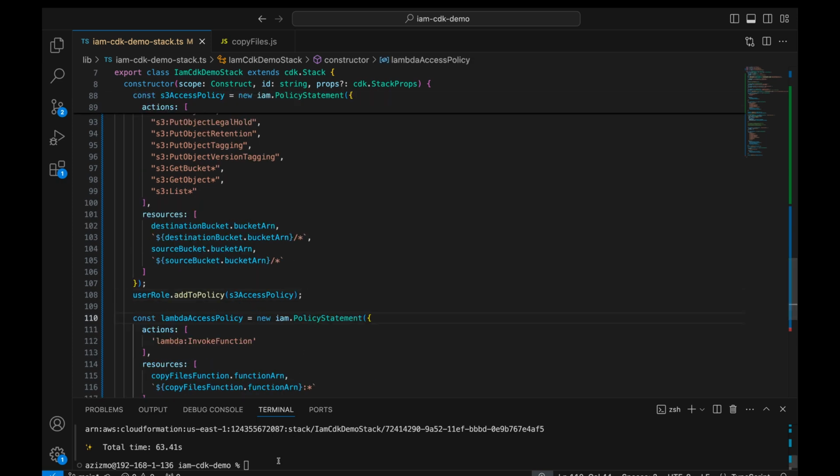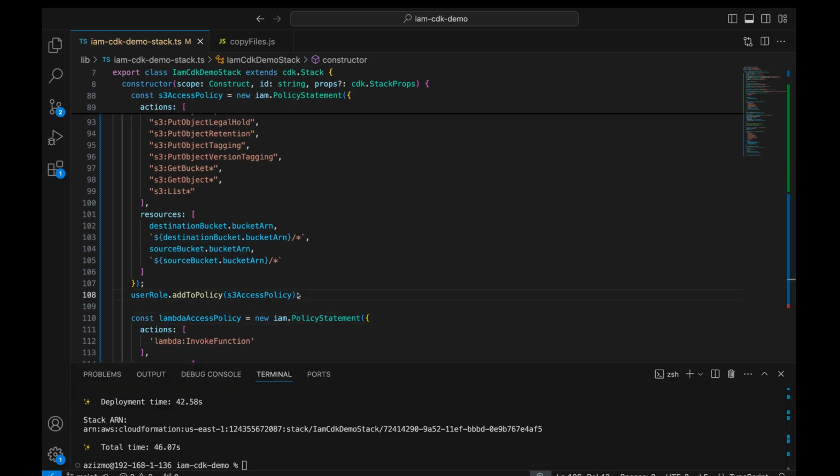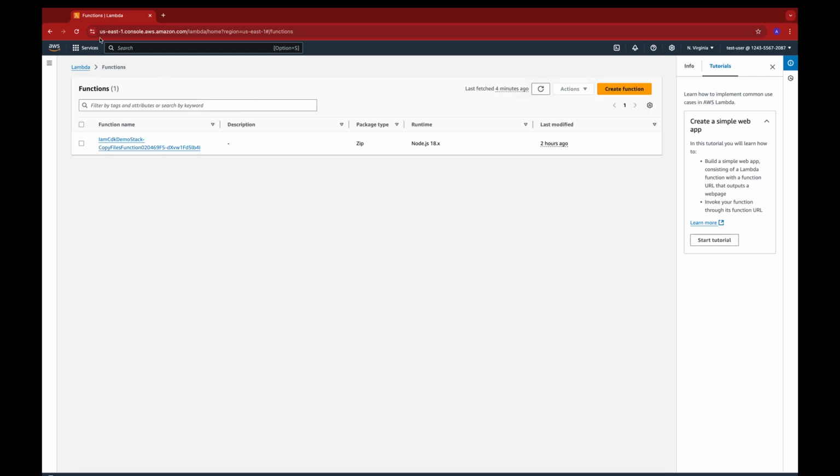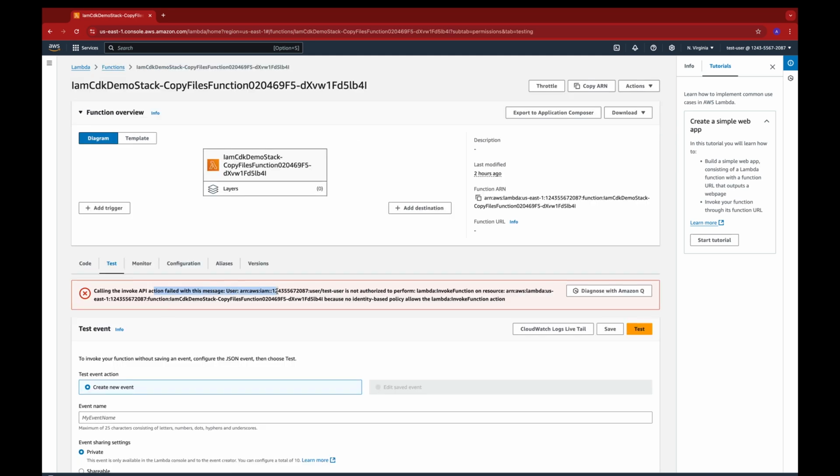So let's deploy this change again, CDK deploy. Let's go back to our management console and check after we removed the grant functions, or commented out the call to grant functions on the Lambda and the S3 to our user. So check functions, refresh. As you can see, we are not able to perform the invoke function on the Lambda because the permissions are not directly attached to the user anymore, but they are part of the role. The policy created is part of the role, and the user needs to assume this role to be able to